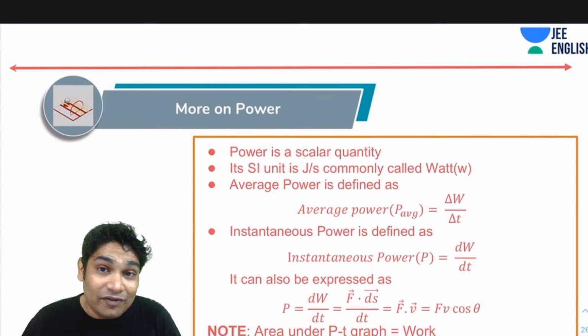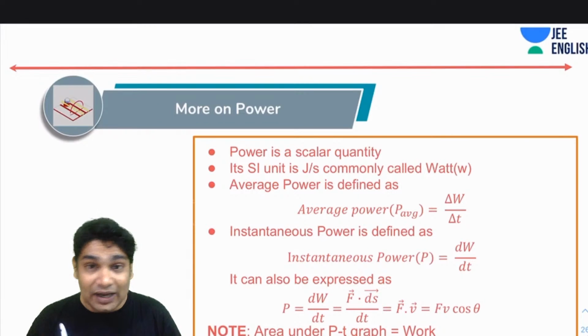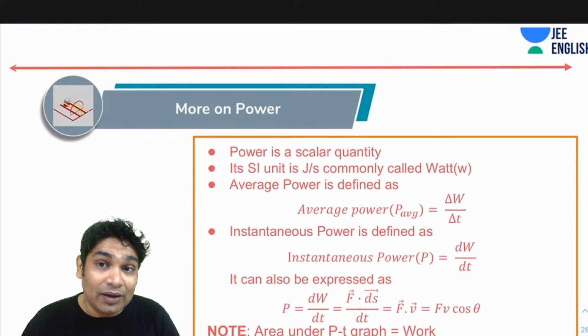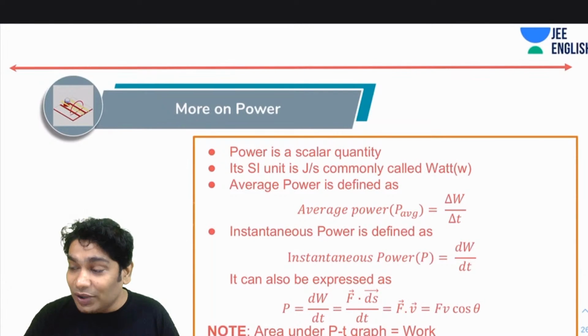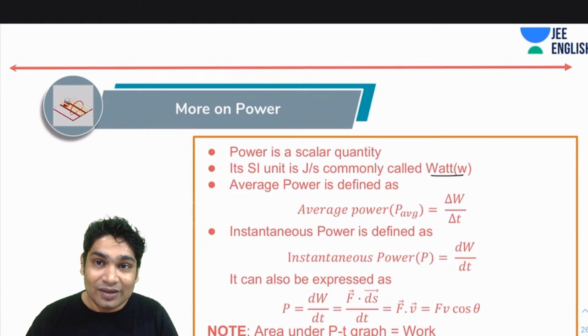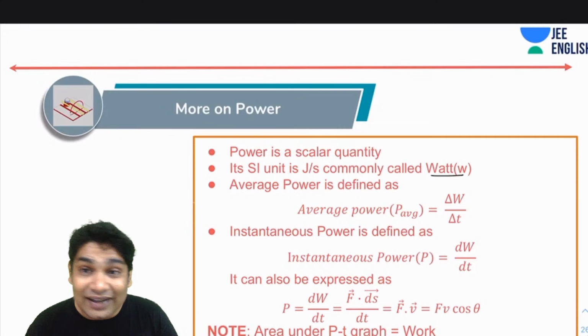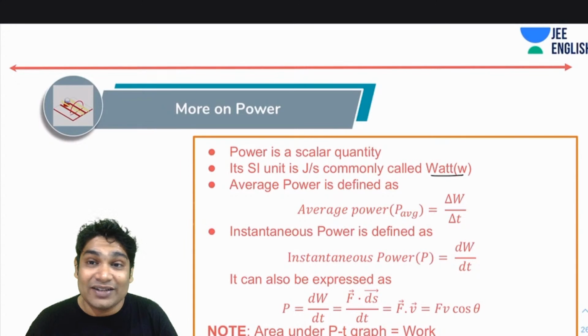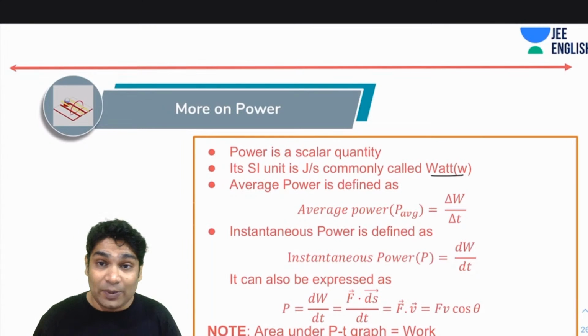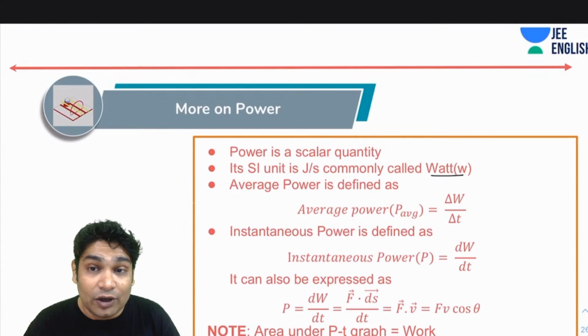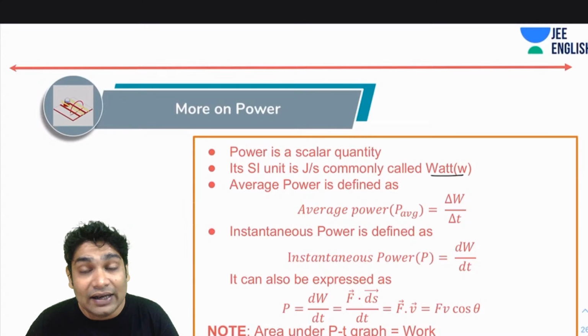And the SI unit for power, technically it would be work upon time, right? So joule per second, but this is commonly called, given a new name, watt. Now, average power is defined as delta W over delta T, and instantaneous power is defined as dW by dt. Now, you can also express instantaneous power as F dot V, where F is the force and V is